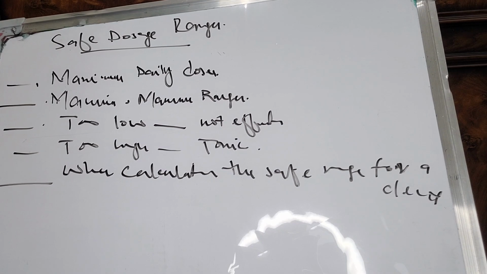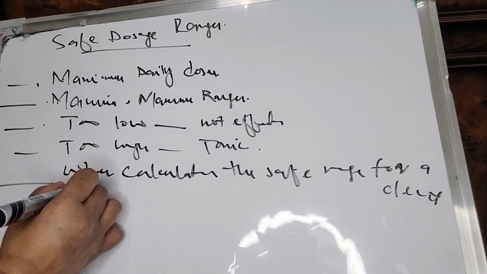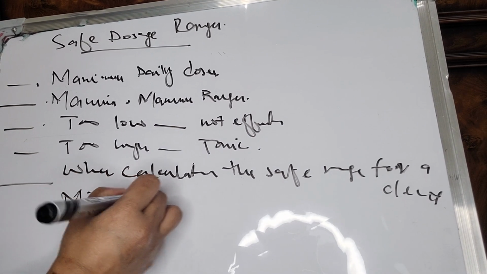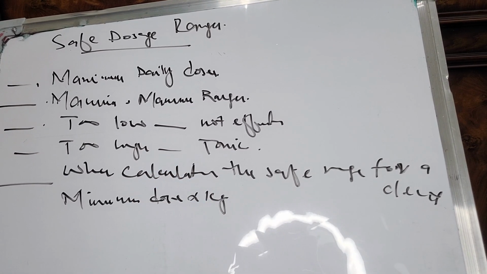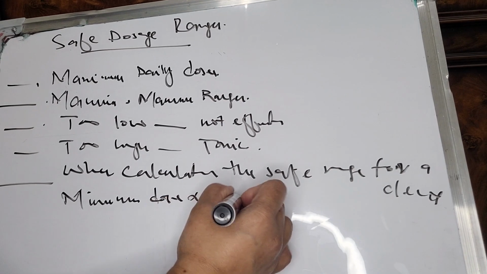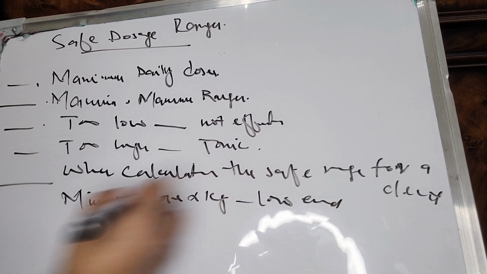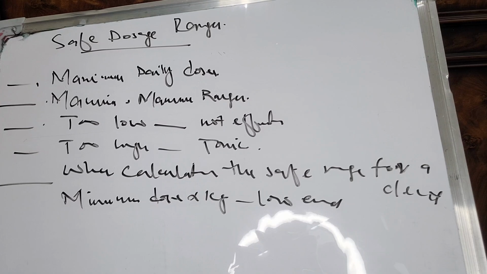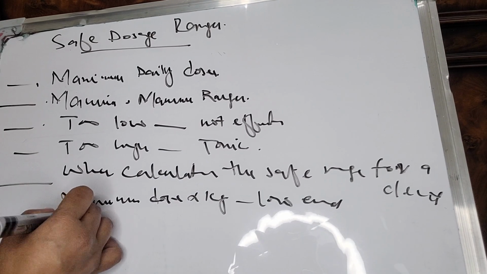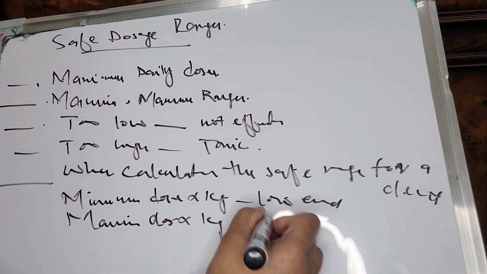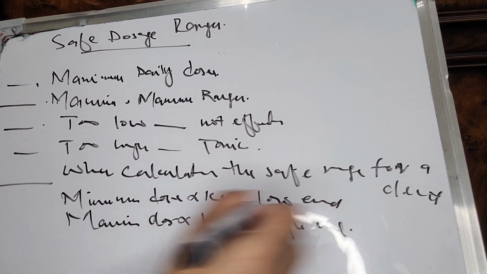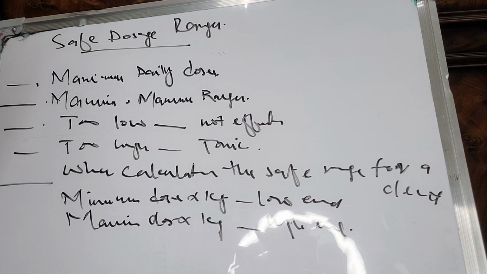Minimum dose per kg multiplied by the kg, the low end, and she also has to know the maximum dose multiplied by the kg, the high end. So the nurse should know how much minimum dose per kg